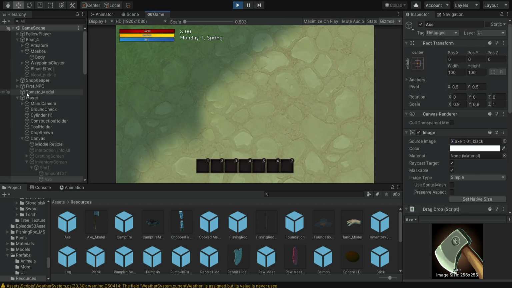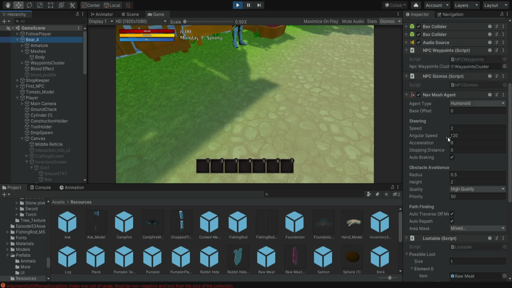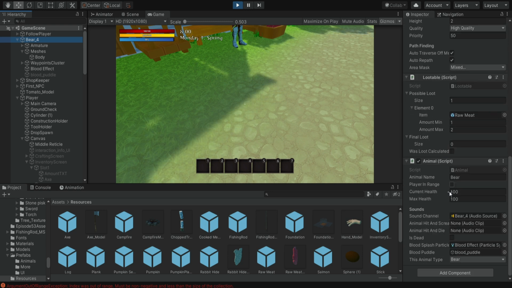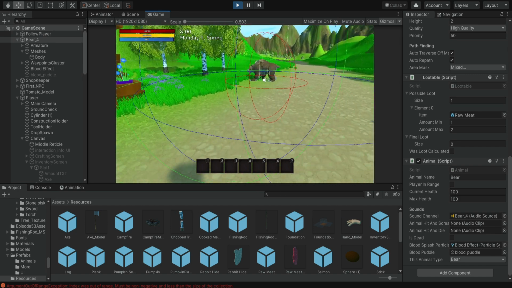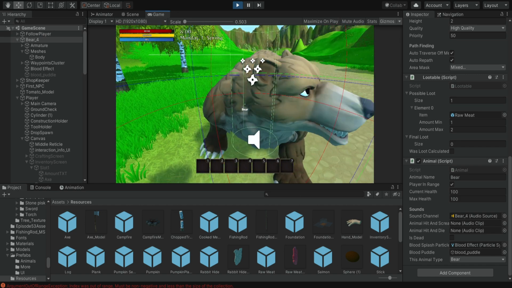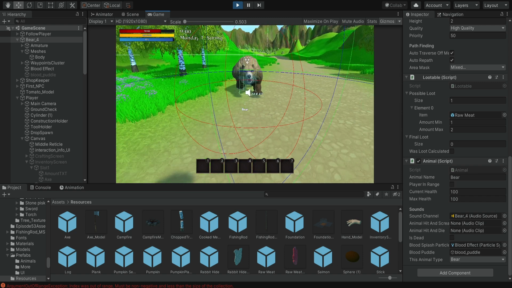Let's also select the bear so we can see the health of the bear. Obviously, we're going to create a health bar for the bear, but for now we just want to see that it's getting hurt. So we have the health over here. So again, if we're near the bear can attack us, and then we're going to lose health. You can see that now it's way faster. If we run away